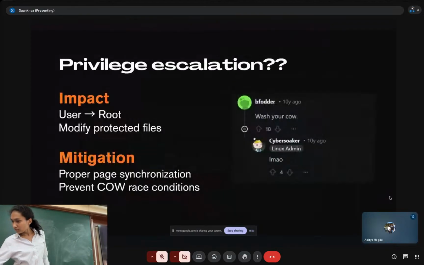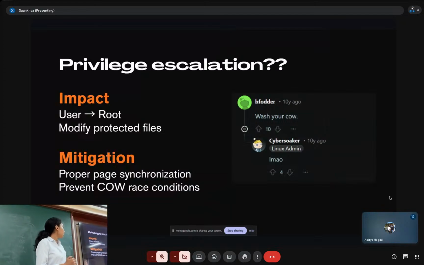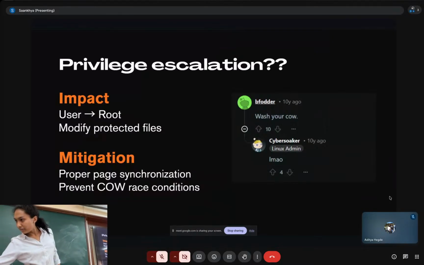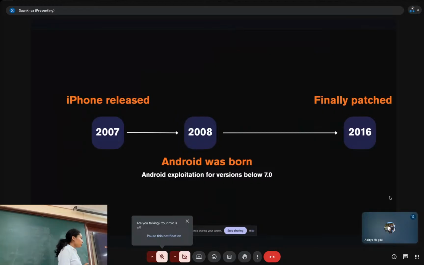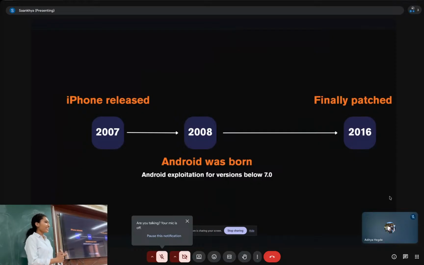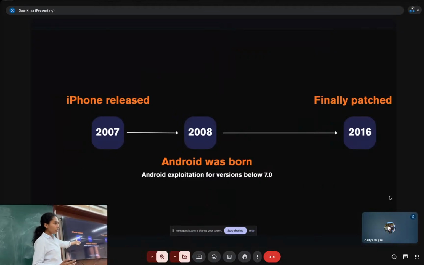Now, from a security point of view, you can think of it like a privilege escalation: you've got root access, and of course you can modify protected files. One reason it stayed exploitable for almost 9 years is that it's very hard to trace. It leaves behind no logs, no traces, nothing at all. This was exactly when the iPhone was released, Android was born, and people used it. They exploited it; I think the Samsung S7 was exploited using this, and they could access a bootloader without actually getting root access. And one more reason why they exploited it for this long was